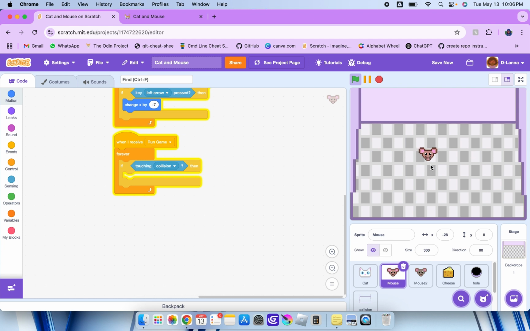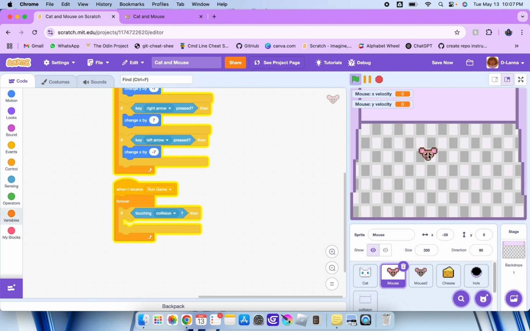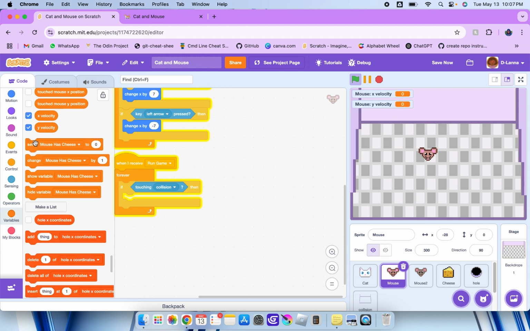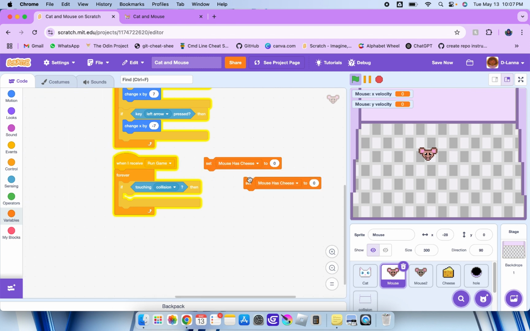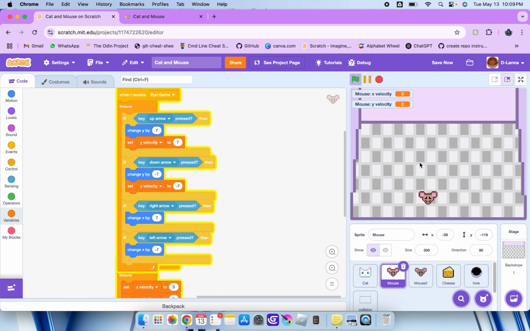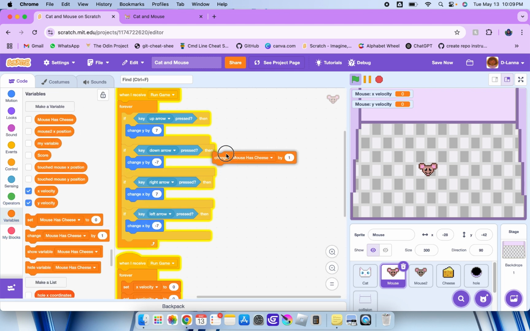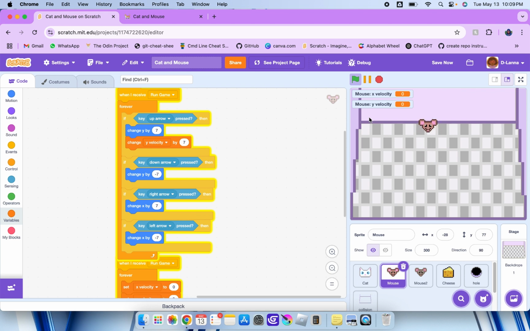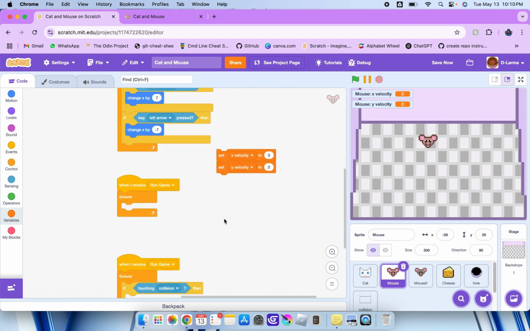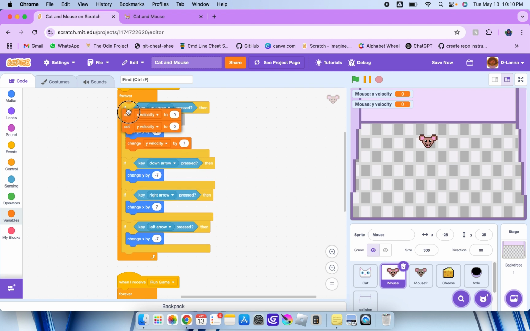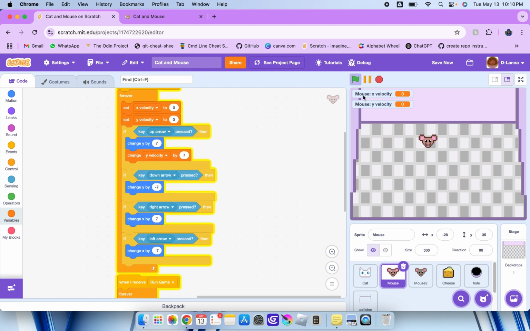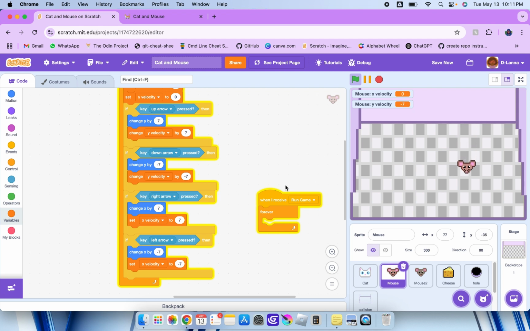So I think I need to track which direction the mouse is going in. I gave the mouse an X velocity and a Y velocity. I need to set those to 0 all the time. Let's see if those work. So basically, when I press the down button, it's not working. I should be seeing these move as I move up and down. Oh, it shouldn't be set. Let me not do set. Let me say change. Let me see if that works. Press the up button. Does not work. Let me put this up here. Does that change anything? It does. So if I'm going down, the game is gonna be able to notice that I'm going down,